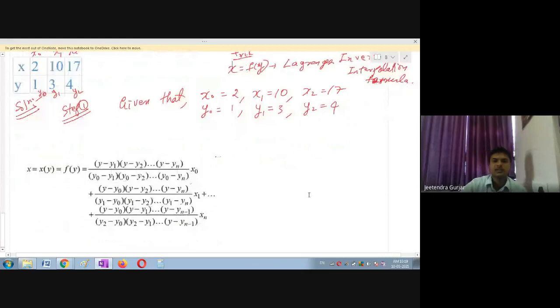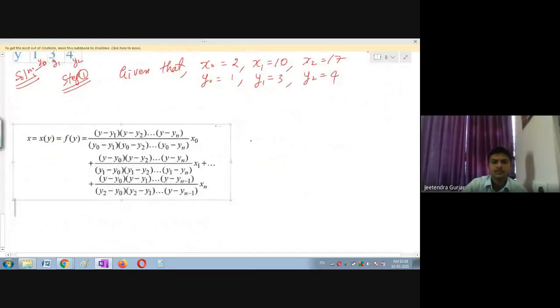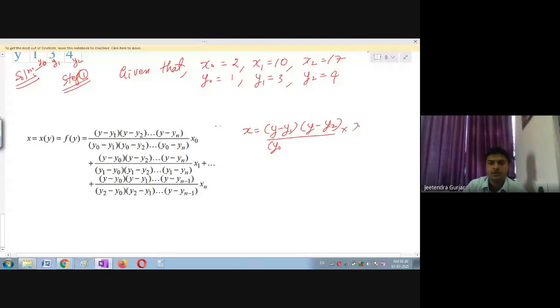There is only 2 here. So I think you'll write it in terms of x. So I will take here y minus y1. Okay, so here y minus y2. Finish. I cannot go further. There is no y3, student. So stop here. So here I have y, into x naught. Okay, so here I have y naught minus y1 and y naught minus y2. So again I have made it. Okay, this is right.